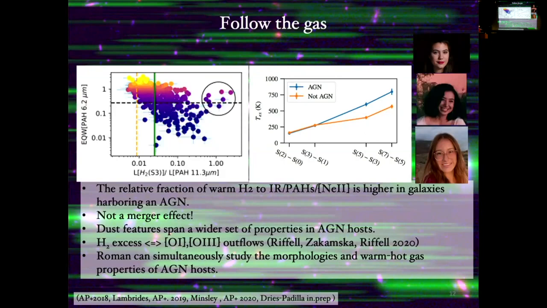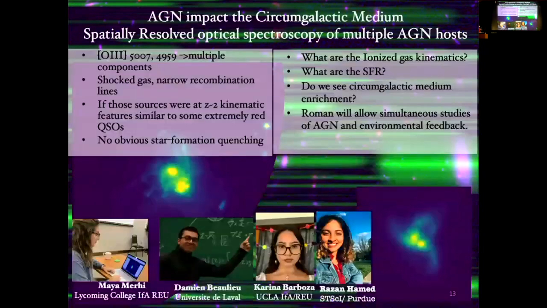One way to do that is with the mid-infrared. The plot on the left shows the H2 properties versus the equivalent width of the 6.2 micron feature. Basically, the top are star-forming and the bottom are AGN-ish. What we see is that the warm molecular gas in AGN is hotter than in non-AGN, and this was with high statistical accuracy, using basically all the AGN that Spitzer observed. So following the gas in more detail is very exciting,